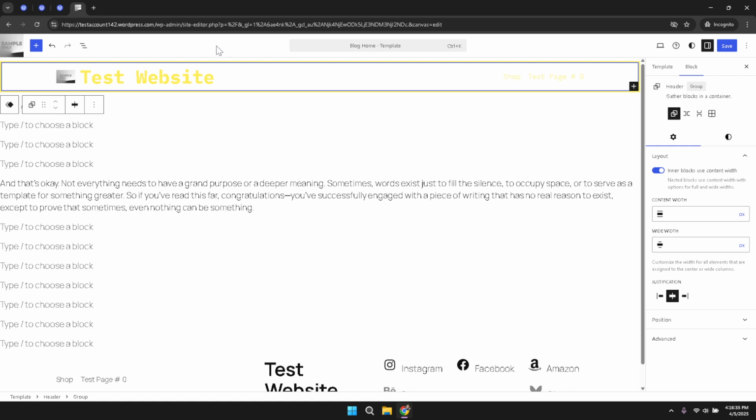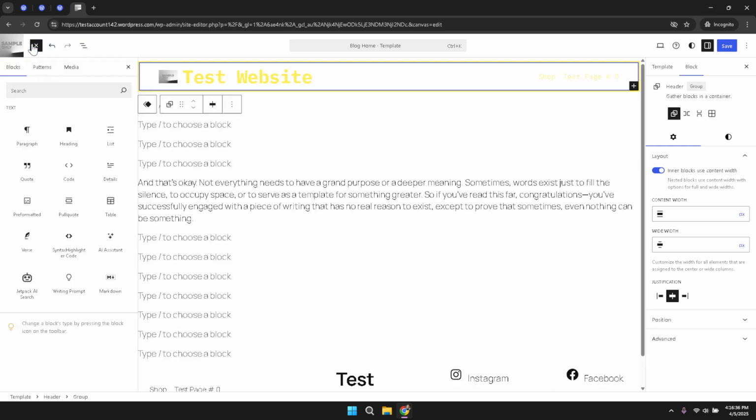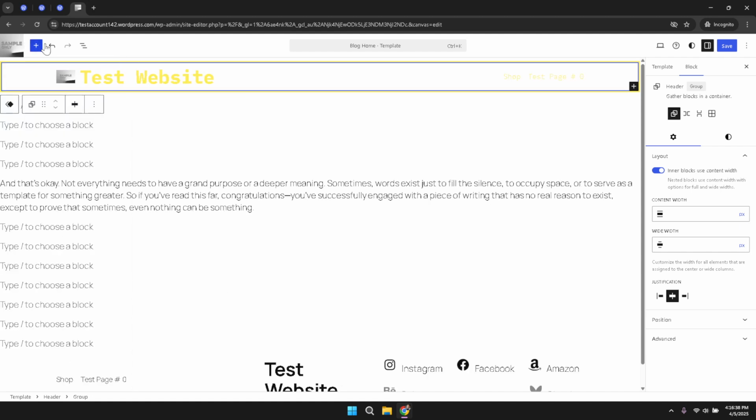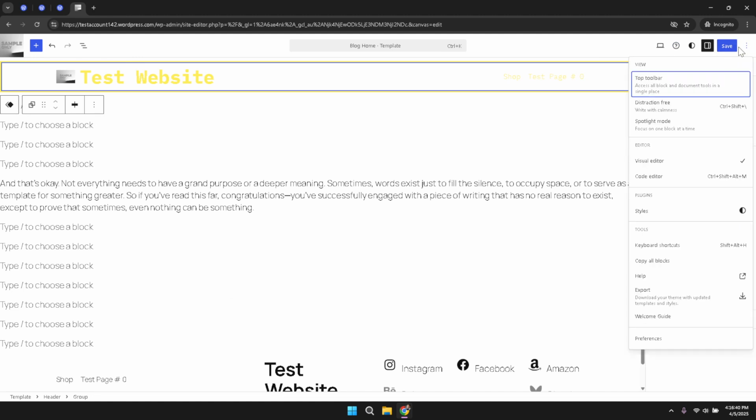There you will notice an icon indicated by 3 dots. These 3 dots represent a menu that holds a variety of additional settings and options. Clicking on these 3 dots opens up more advanced editing functions that are not immediately visible in the standard view. This step is essential because it allows you to access deeper customization features that enable more precise control over your